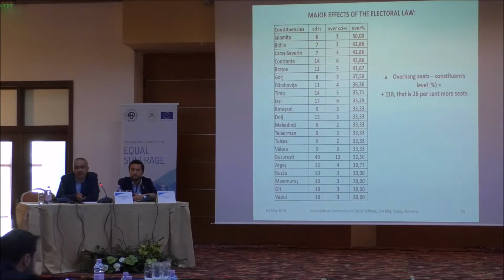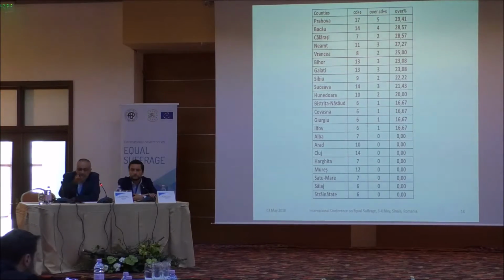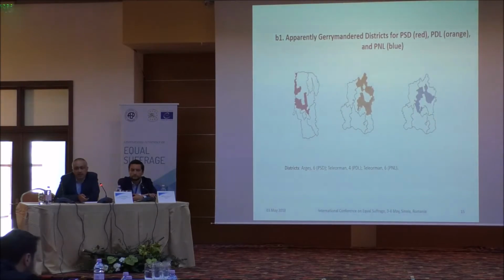A major effect of that electoral system, and these are the overhang seats for all the counties in Romania. The second effect: gerrymandering districts, manipulating cartography not to win more seats, but to create